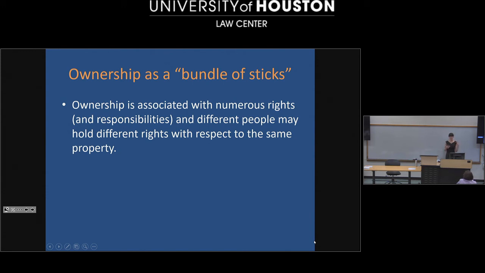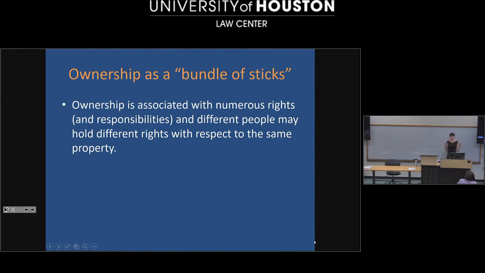And it's associated with this famous professor who came up with this analogy, that it's a bundle of sticks, meaning there are certain rights and responsibilities associated with ownership. And with regard to the very same piece of property, whether it's a piece of land, an apartment, or a computer, different people may hold different rights with respect to that property. We saw, in this case,